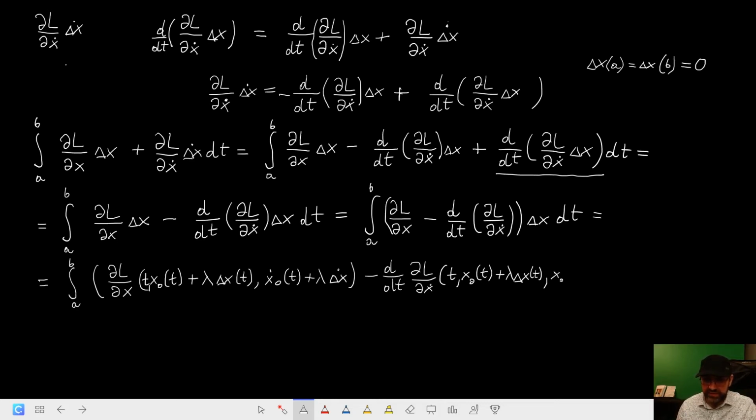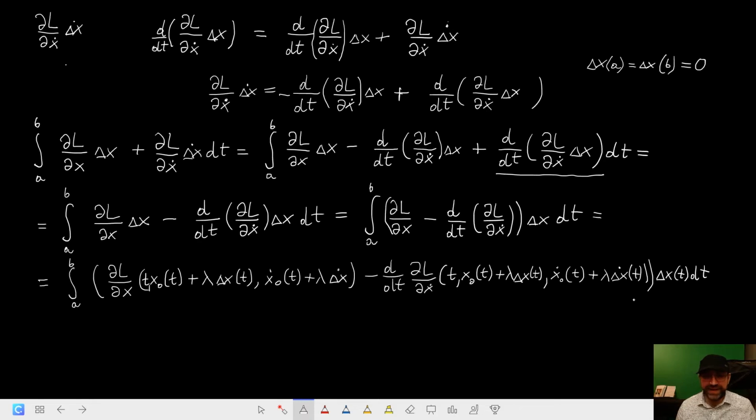And derivative. Delta x derivative of t, and this all is multiplied times delta x of t